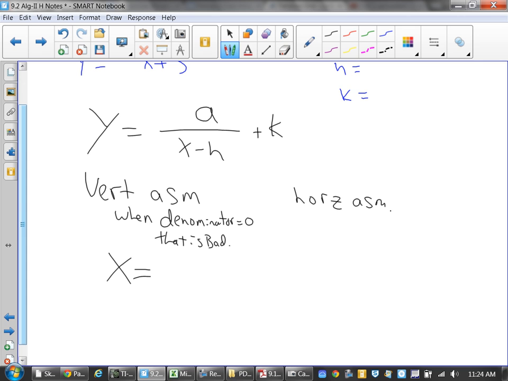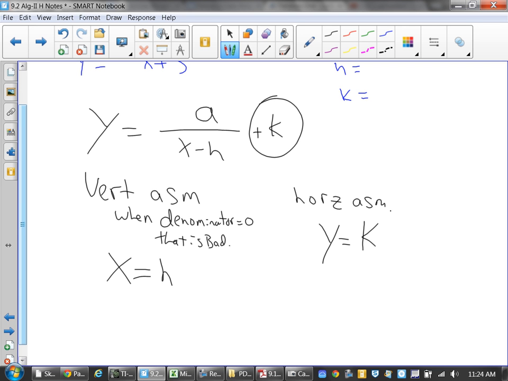And your horizontal asymptote is always going to be this tail number, whatever that is. It's going to be y equals k. Remember, when you're finding zeros from a term, you just flip the sign, and then your k value is just whatever it is. So if I'm looking at the example that I had up top here for a second,